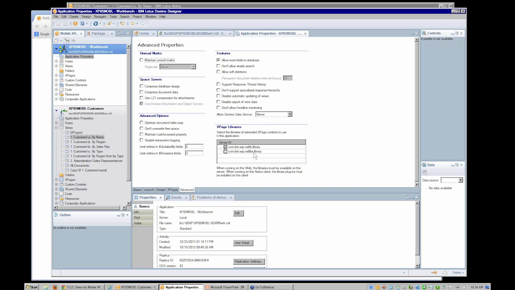Things like your social enabler controls, your Facebook controls, your JDBC controls, and so on. So we're going to see those introduced, we would think, in some future release of Notes and Domino. Okay, so that's the one requirement. The other requirement,